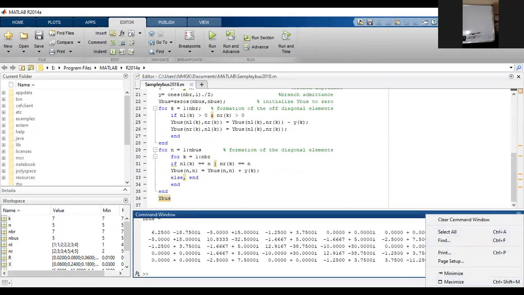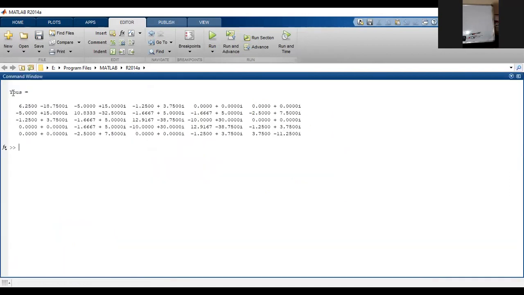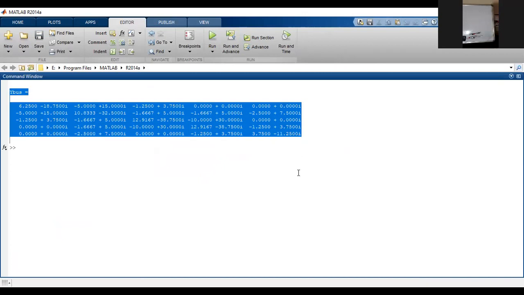Did you see my matrix? What is the size? 5 cross 5, sir. Right, 5 cross 5.